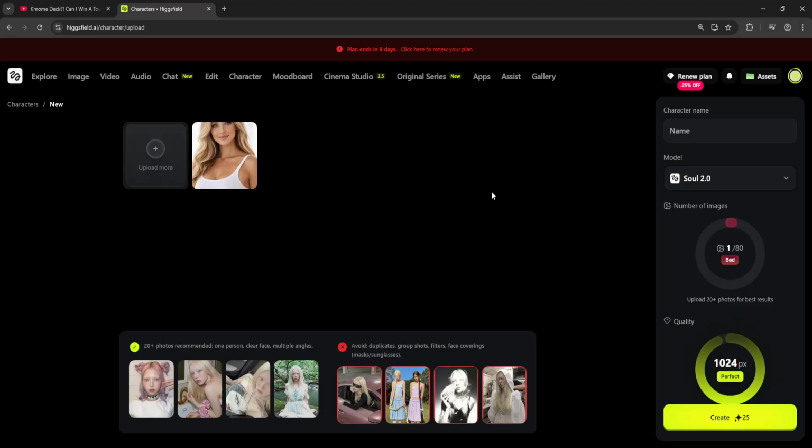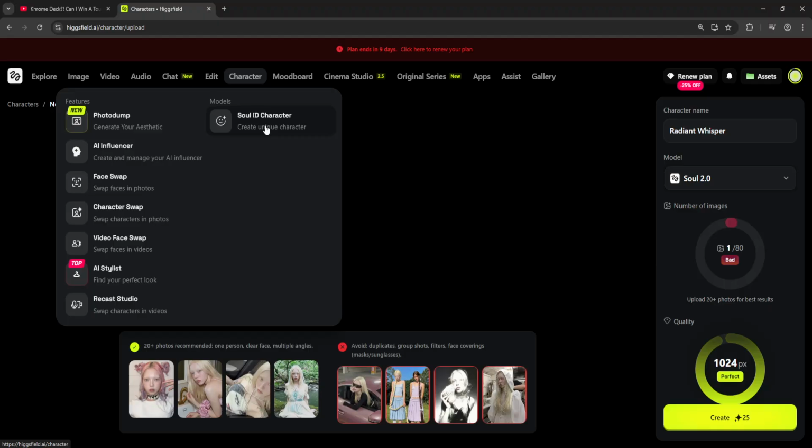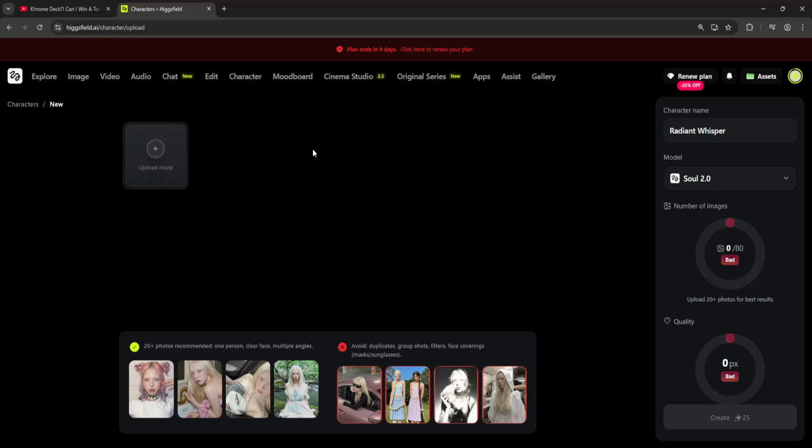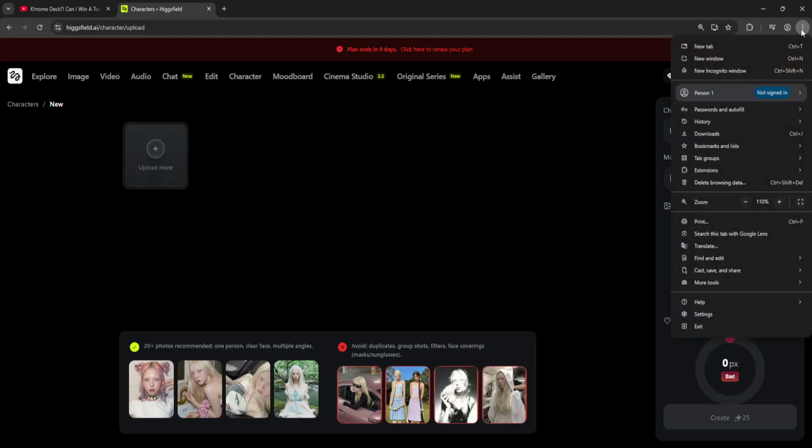Now the first thing that you can do is to wait 15 to 30 minutes. So especially for something like a unique character, it is going to take some time. I personally waited about 25 minutes for my character to complete generating. That is because of high traffic, so that's the first thing that you can do. After you have waited, for example, more than half an hour, what you can do is to click on the